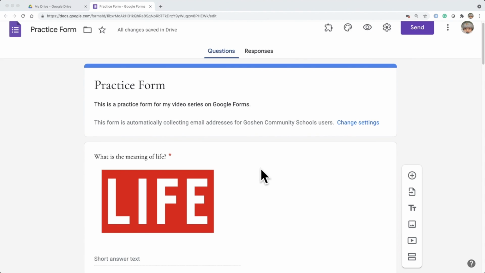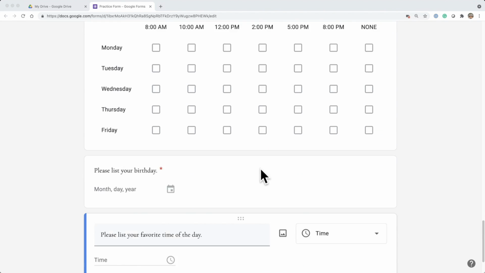That is all of the question types that you can insert into a form. I know that was rather quick,